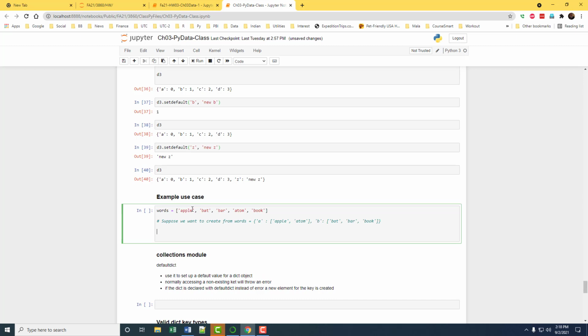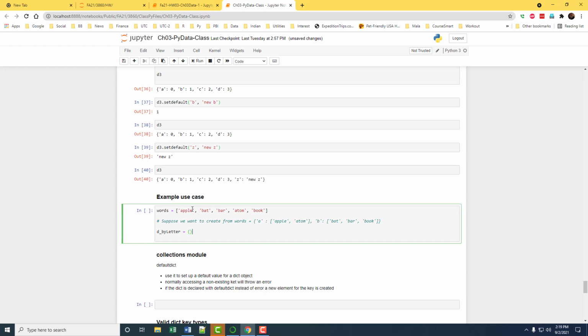Now we can use the setdefault method of dictionary to create what we want. If you don't use the setdefault method, this is what you have to do. So dictionary by letter. We start with an empty dictionary because we don't know what we're going to put into it, so that we can add. If the dictionary doesn't exist, then we cannot add anything to it. It will give you an error. So we start with a blank dictionary.